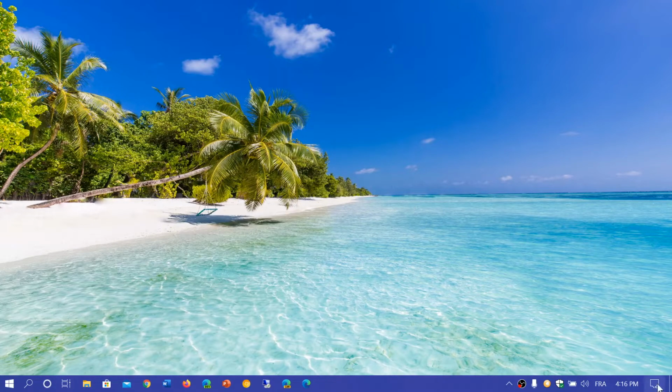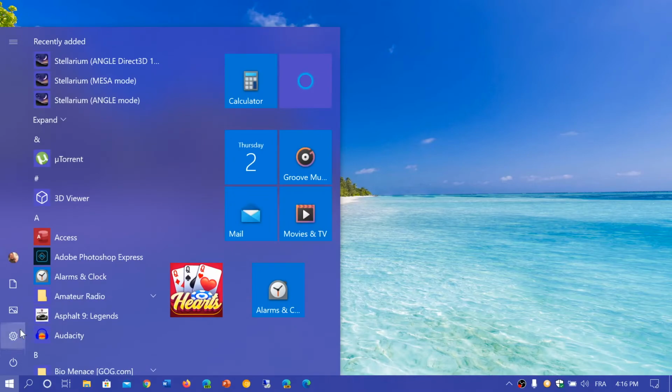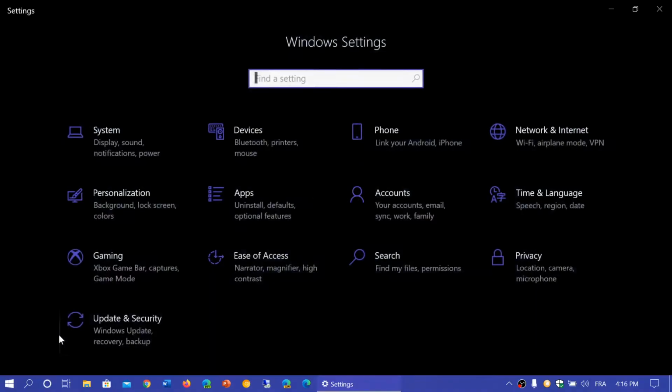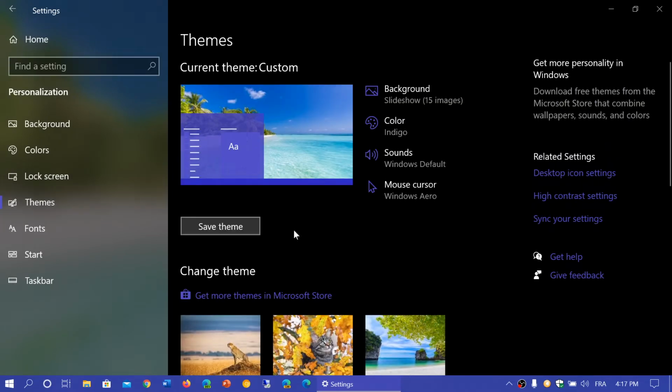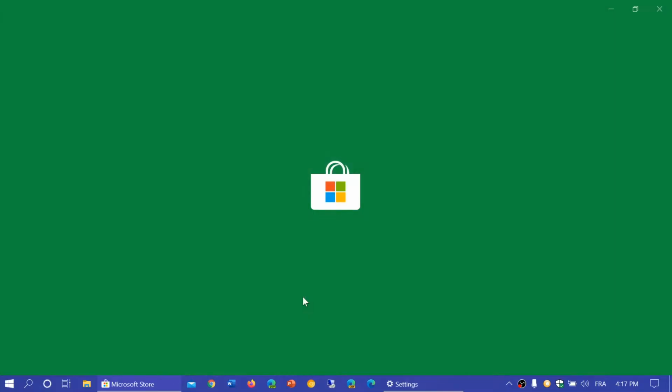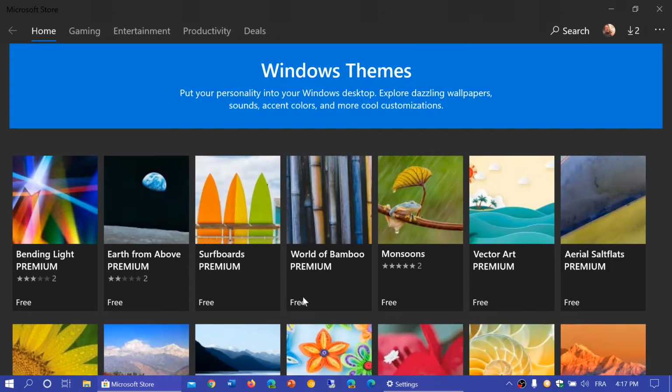So in the settings, simply go into your Settings app, either by the quick actions or the start menu. And here you'll go into personalization and go into themes. Now I use Microsoft themes, so you see here, get more themes in the Microsoft Store. This will actually bring you to the Microsoft Store and give you a host of new themes, and I often go here to get some of these